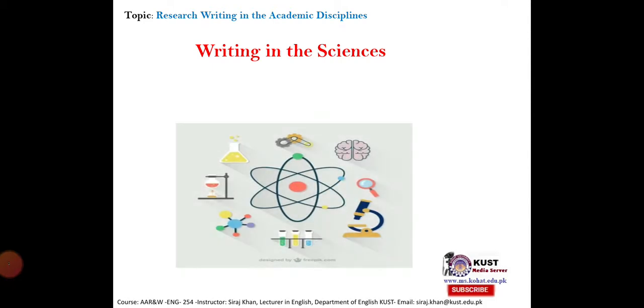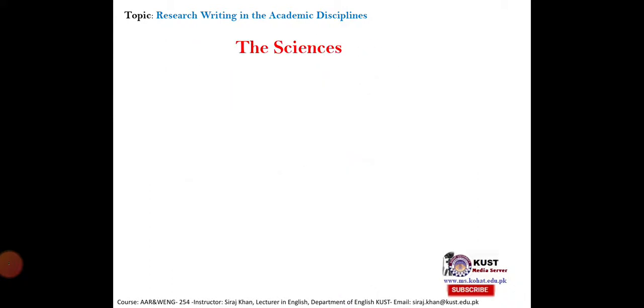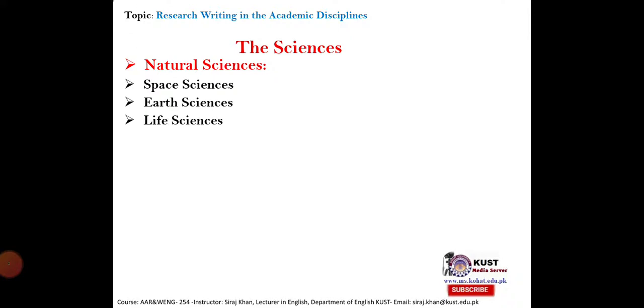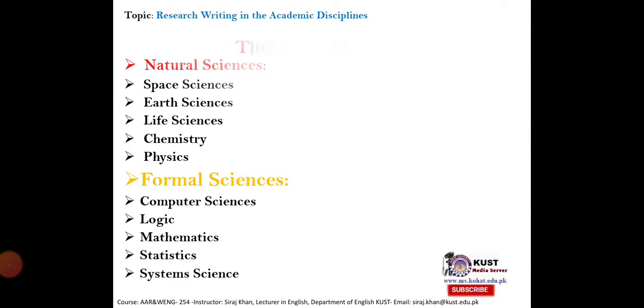research writing. Writing in the field of sciences: academic disciplines that study the structure and behavior of the physical and natural world. The sciences deal with natural sciences, which are space sciences, earth sciences, life sciences, chemistry, physics. In formal sciences we have mathematics, computer science, logic, and statistics. In system science,